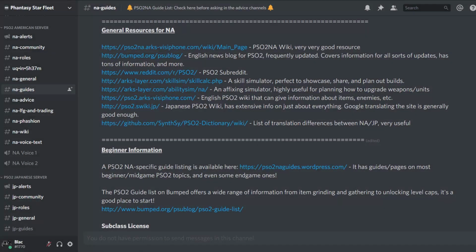Hey guys, I wanted to put something together to show everyone some of the best ways to find information for PSO2 on their own, and to get an idea of where I get my information as well. So, getting right to it, in my opinion, the Phantasy Starfleet Discord server is probably the best resource you can